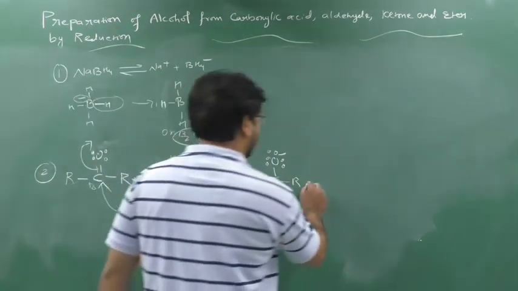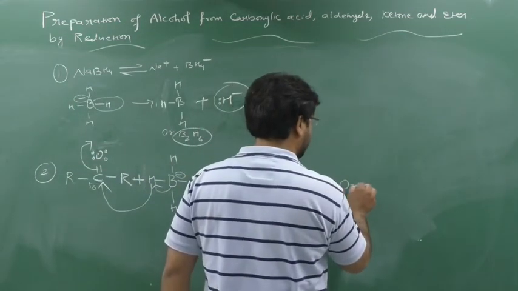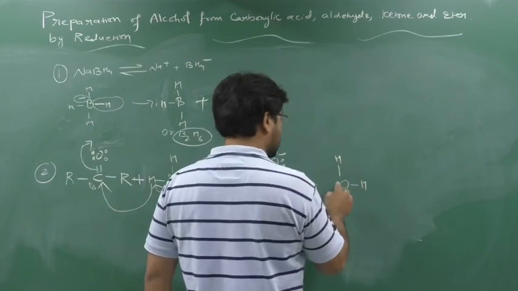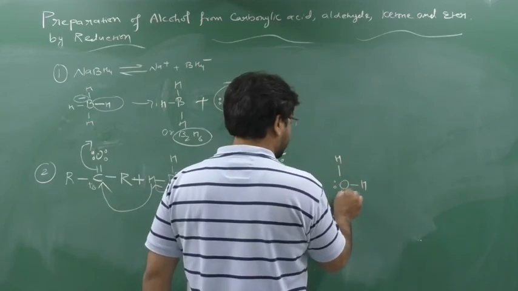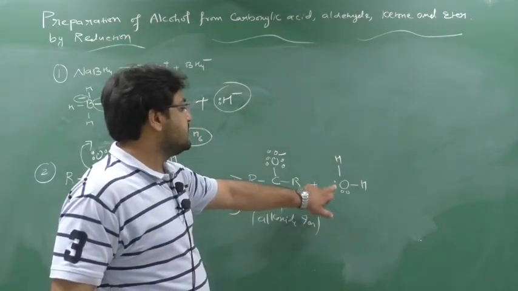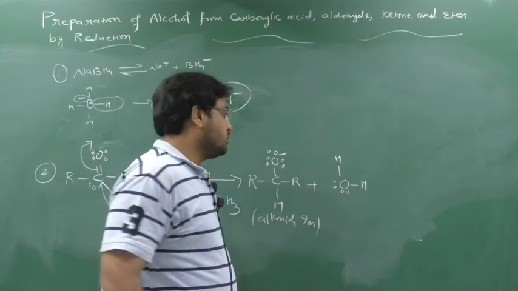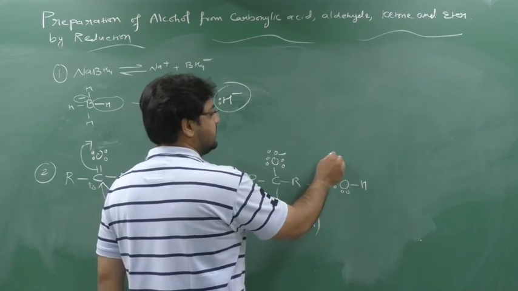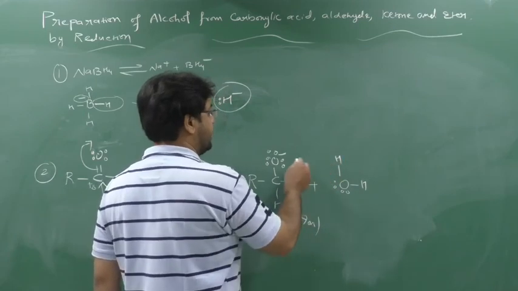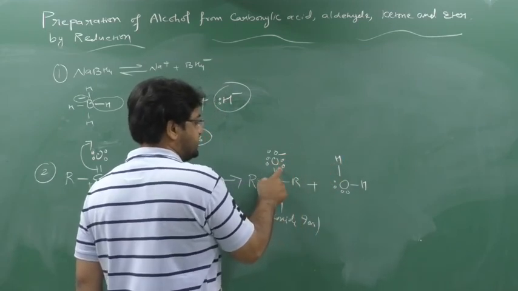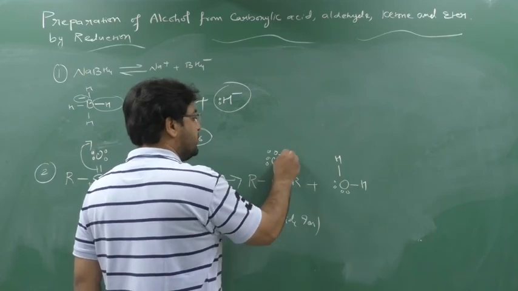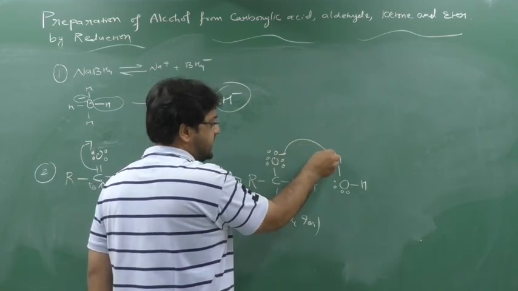Now who will come? Now water will come. So see the water now. So this is water. Out of this oxygen and this hydrogen, who is more electronegative element? Oxygen is a more electronegative element, so this hydrogen is a less electronegative element. So what will happen? This alkoxide oxygen with minus charge will start to attack or make a bond with